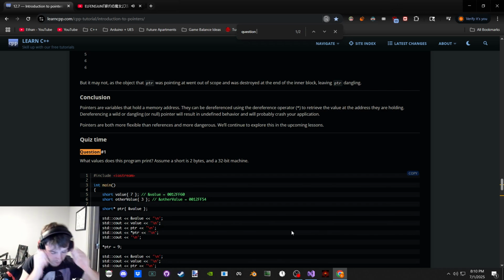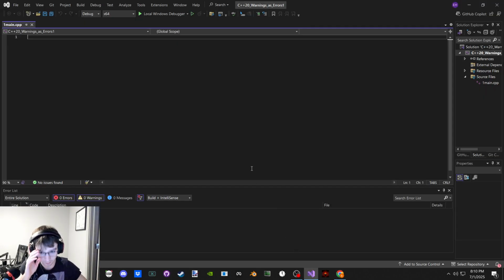Can we have a temporary pointer? Let's find out real quick. I don't know why I would want one. Could you have a pointer to something, a temporary pointer, and get a const L-value reference to it? It seems kind of stupid, but it seems like the logic tracks, right? No, I'll do question 1 in a minute. I do what I want.